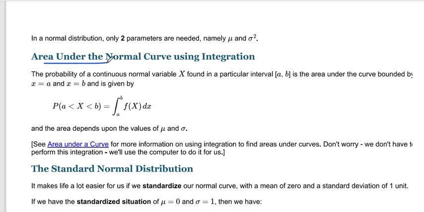Then the area under the normal curve using integration. If you have to find the probability in between the range a to b, you can calculate it with the area under the curve in that range a to b. In 11th and 12th we learned that to find the area under the curve, you can integrate between the two limits. So here we have done integration. This also you do not have to remember, just for your information.